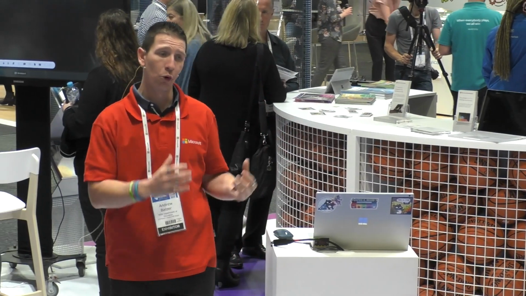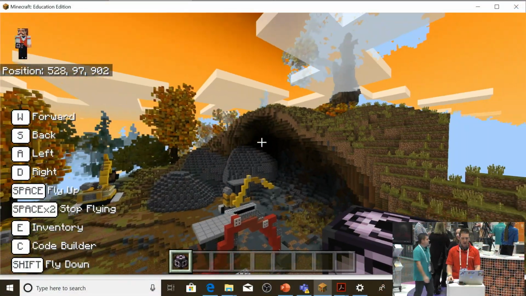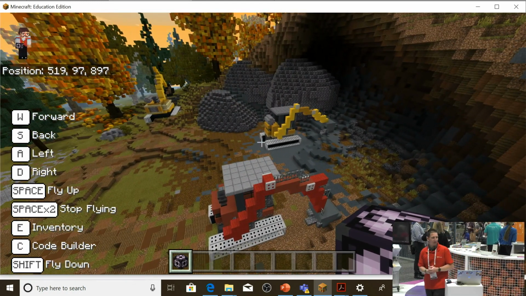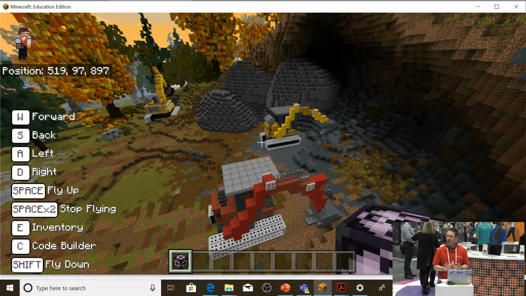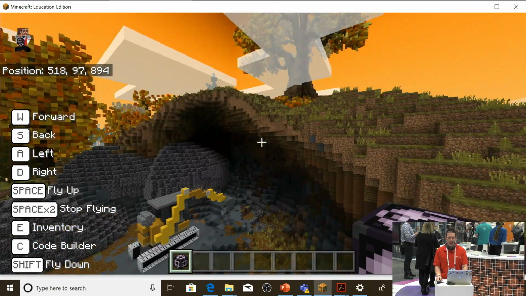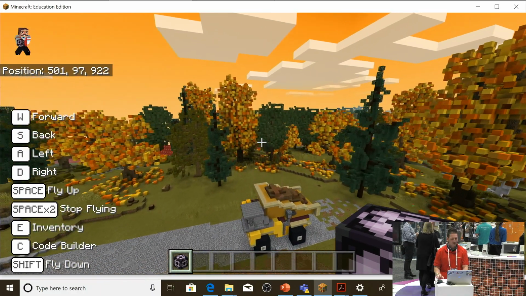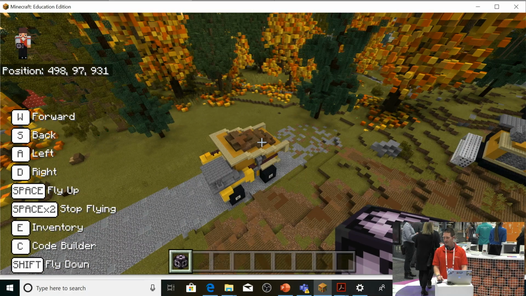Now, when I load this up, this is based on the novel. So there's certain coordinates and sites that I can visit in the novel. And if you've read the novel, you're going to really connect and identify with parts of the book in this world. So you can see here, elements of the novel. You've got obviously the protagonist trying to dig their way and get the fox, and they've recreated the machinery that is happening there in the world of Fantastic Mr. Fox. But I'm going to show you where the real magic comes into Minecraft Education Edition to make authentic learning environments, okay? You can see there's a dump truck down here, right?